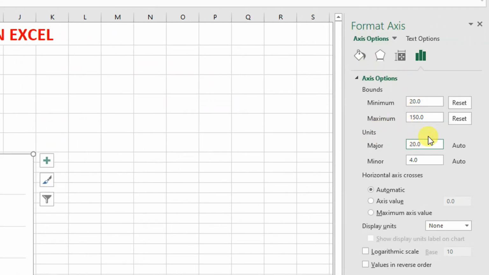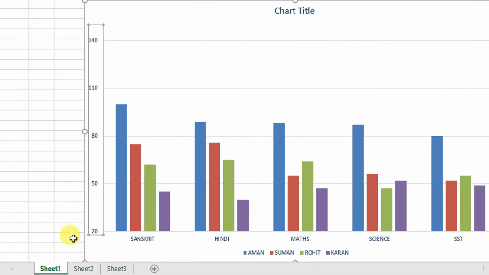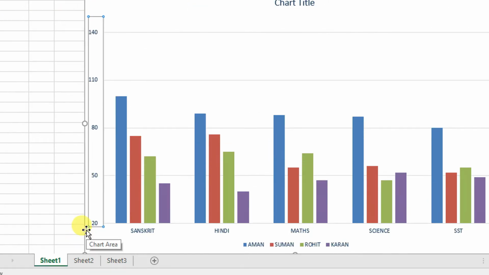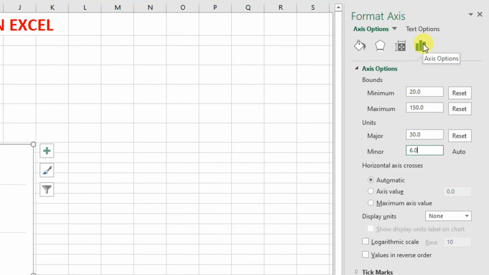From here you enter the gap you want. Suppose I want a gap of 30. Now if I click outside somewhere, as you can see the gap is now 30: 20, 50, 80, 110. So you can change the interval on the y-axis by changing the numbers here under the units in the axis options.